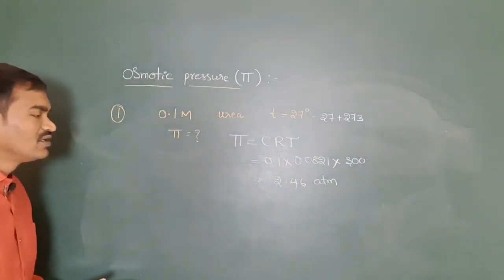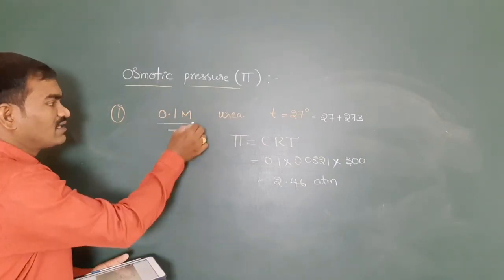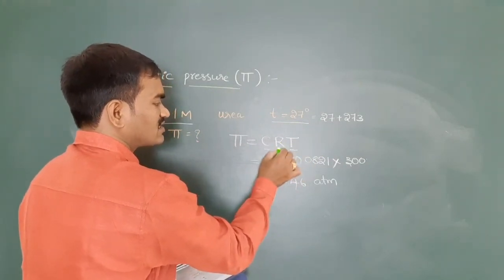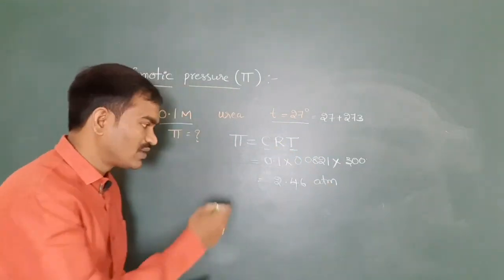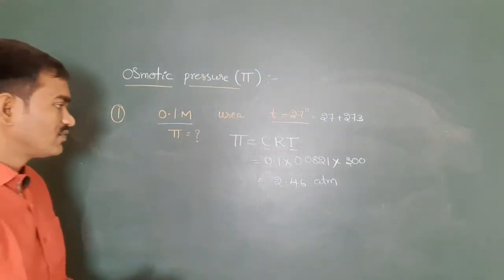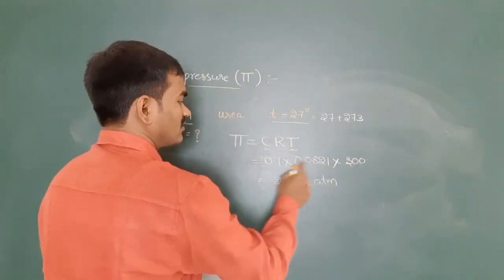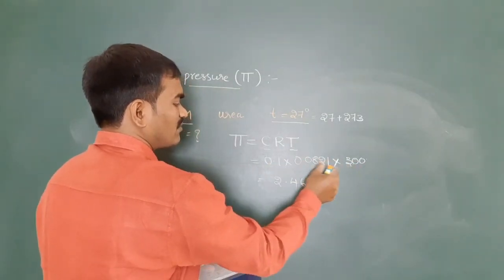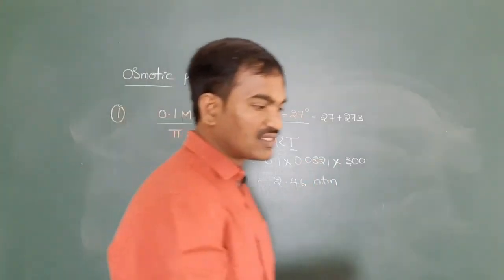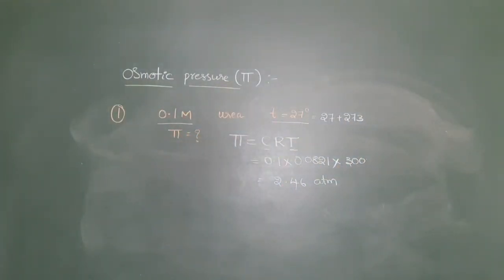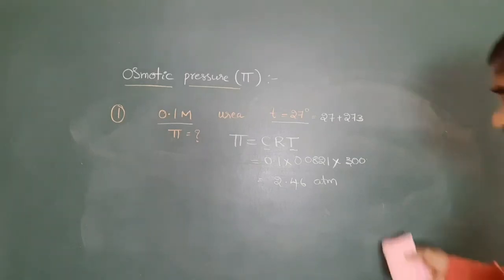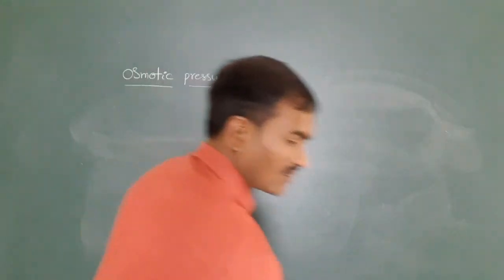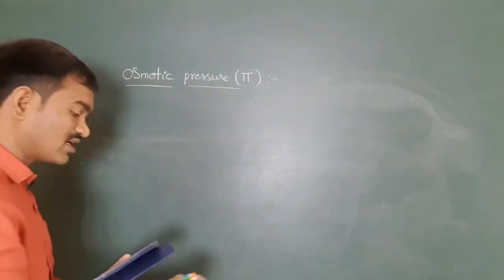So very simple, you can take it like this. Concentration is given and temperature is given. We know the constant, we substitute these in it. 2.46 will come. Multiplying all these things we will get it. Take this one down. Next one, next model. After this, one more problem you can see. We could solve more, but not now.